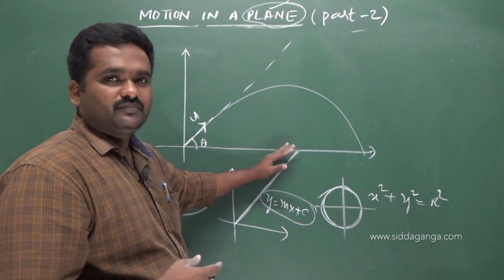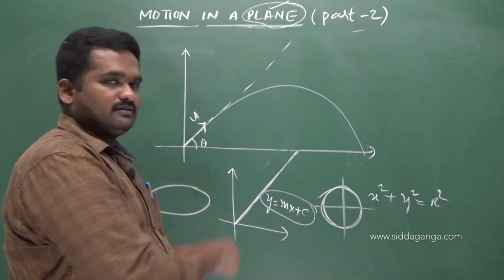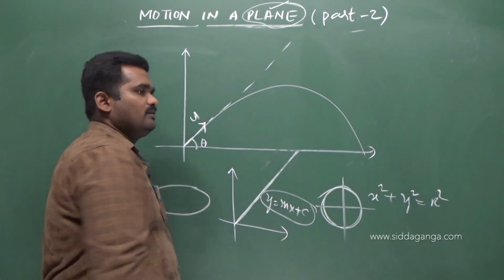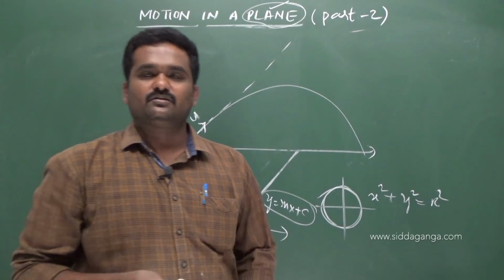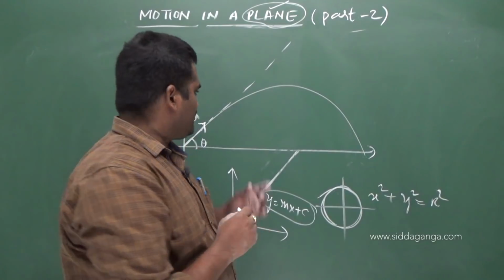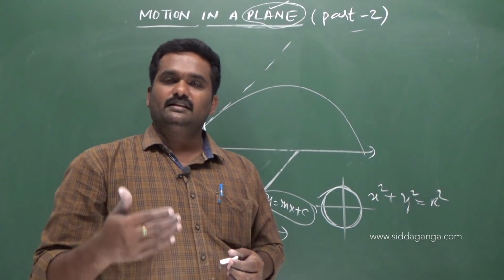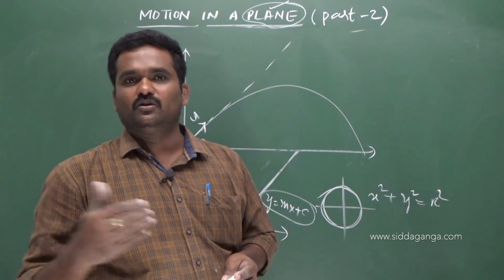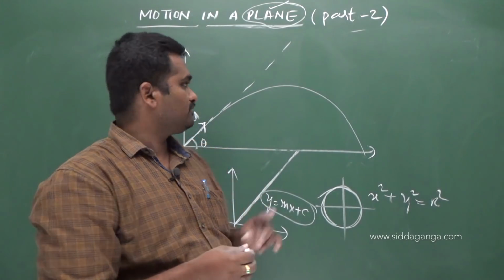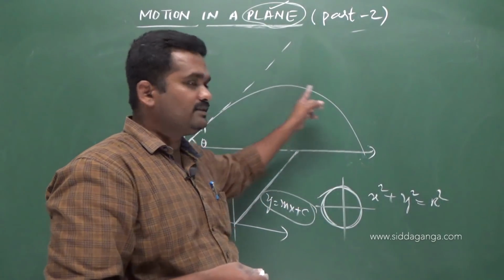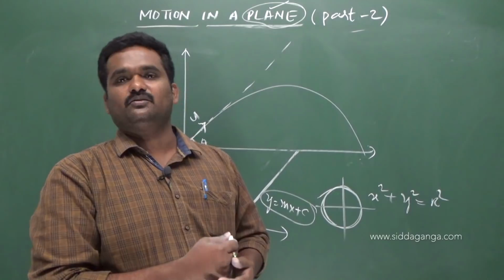So here also, why I am telling all these things is, simply by looking and saying that the teacher has drawn it, that's why it is a parabola, they won't give the marks there. We need to obtain an equation for this, and finally we have to say that the equation is in the form of a parabola. Looking at that equation, you have to say that the path taken by the projectile, or trajectory of the projectile, is a parabola. Like that you have to come to a conclusion.